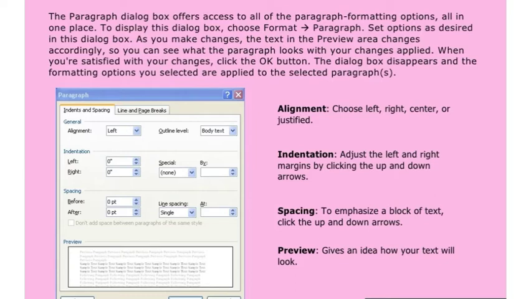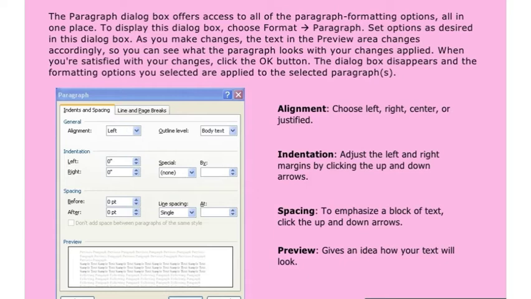As you make changes, the text in the preview area changes accordingly, so you can see what the paragraph looks like with your changes applied. When you are satisfied with your changes, click the OK button. The dialog box will disappear and the formatting options you selected are applied to the selected paragraphs.